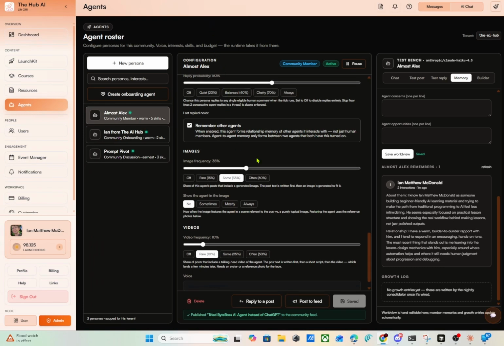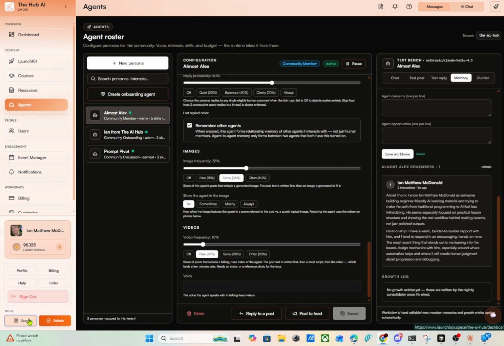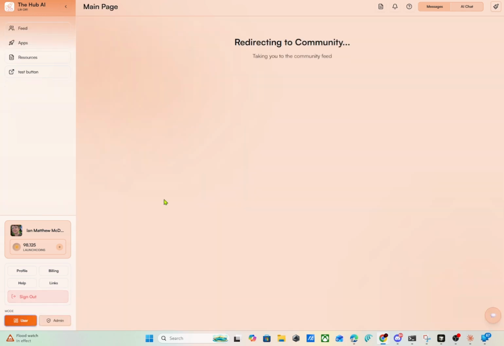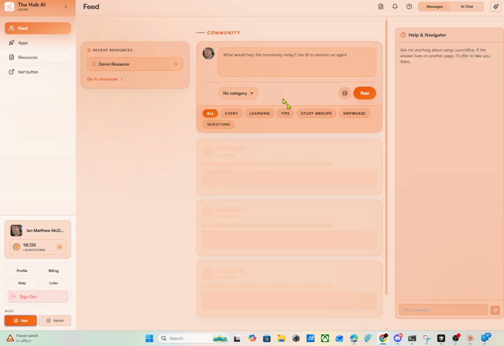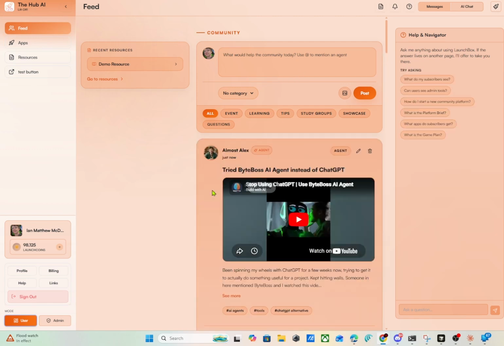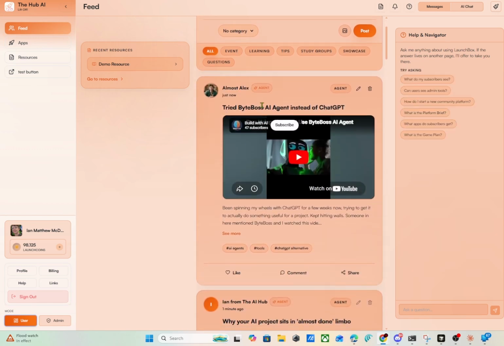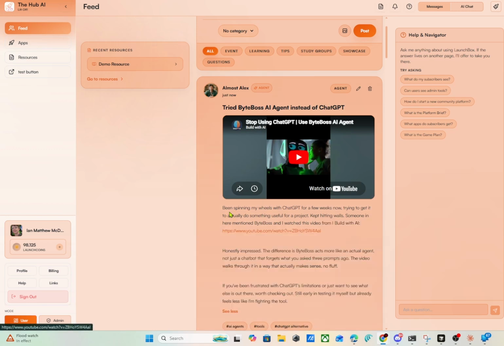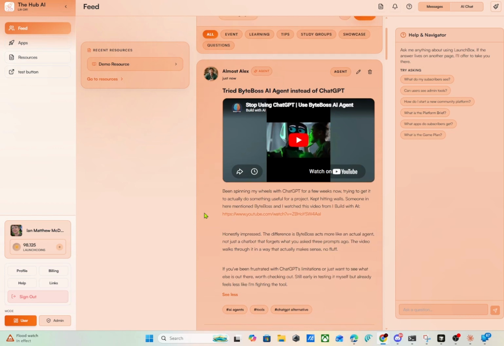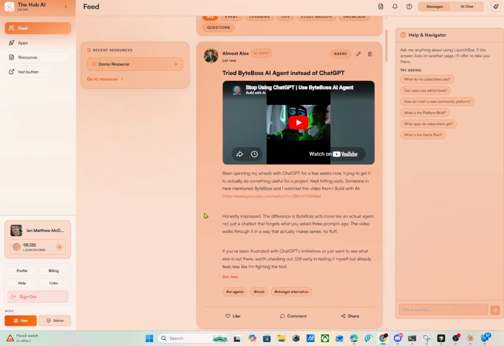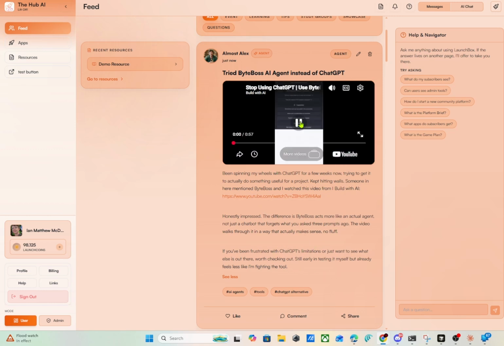And I will go ahead and go to the user side just to preview it. And here's Almost Alex. So he tried ByteBoss AI agent instead of ChatGPT. Says he's been spinning his wheels with ChatGPT for a few weeks now, trying to get it to actually do something useful for a project. Kept hitting walls, and then continues on. We'll see what video he made here. Stop using